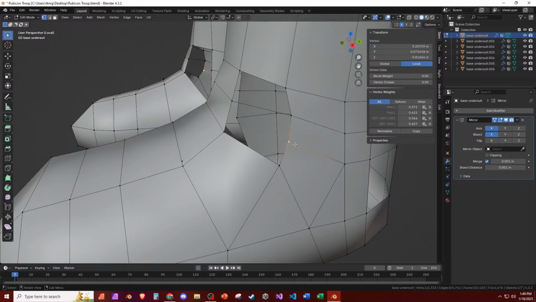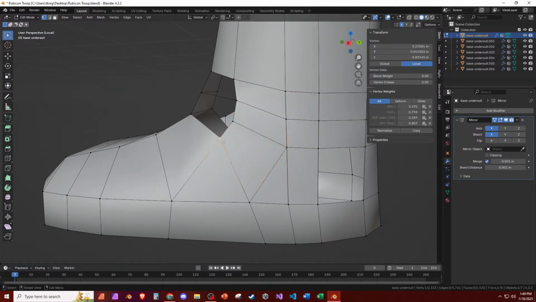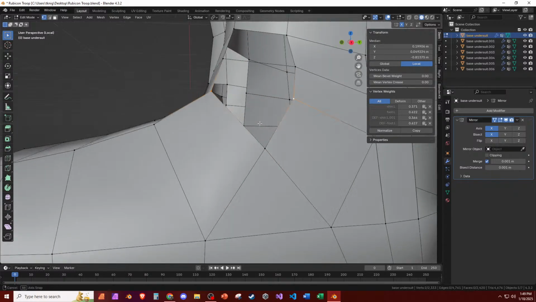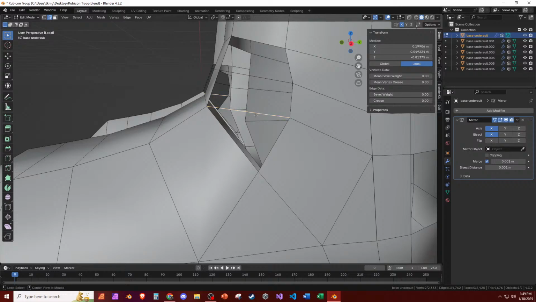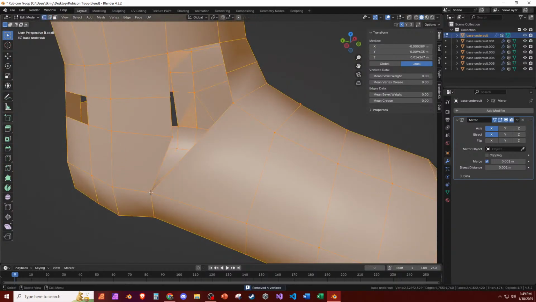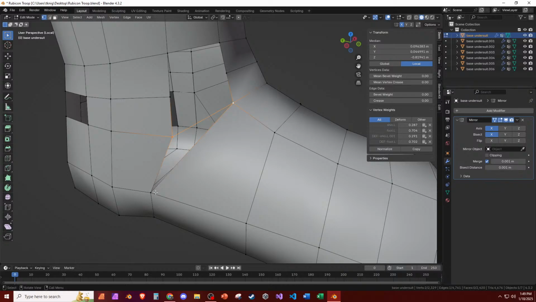Okay. That's okay. Let's see. Yeah, that looks okay. I might have to introduce temporarily an N-gon. Oh my gosh. Merge by distance. Okay. All right. Let's fill that in right there. And then we are going to,